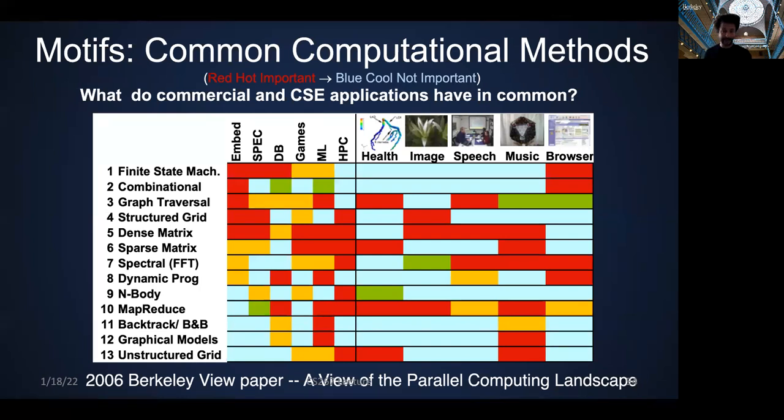So it includes a lot of things like playing music or browsing and so on, not just the large-scale parallel simulations. And they identified so-called motifs, 13 of them. And the warmness of the color identifies how important it is for a particular application, which basically means take sparse matrices. They're mildly important for, let's say, the SPEC benchmark, or very important for machine learning,